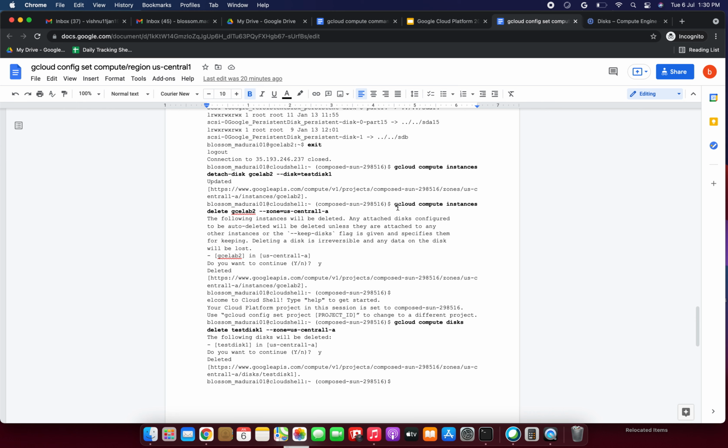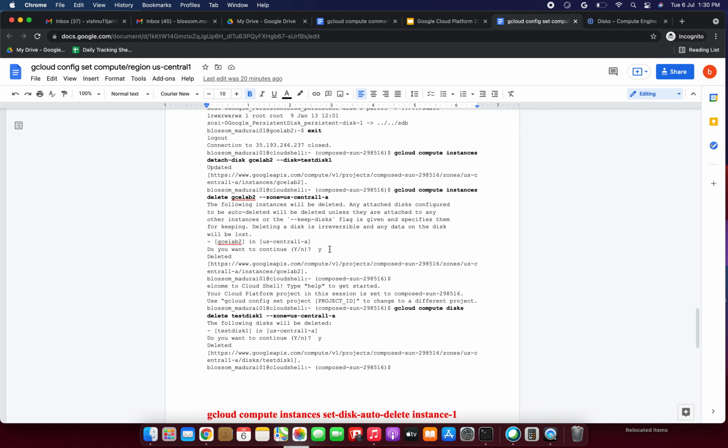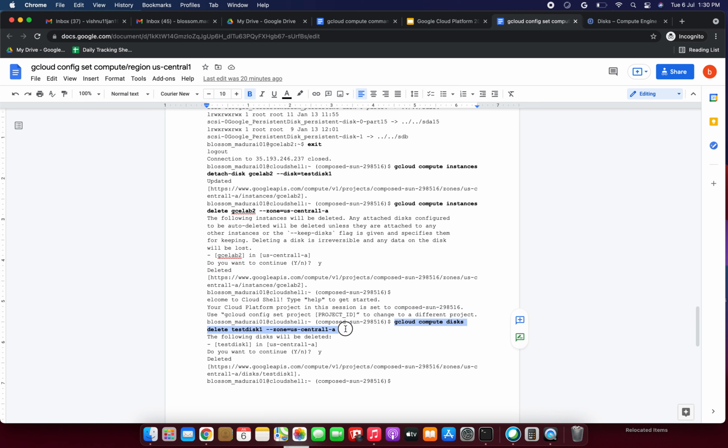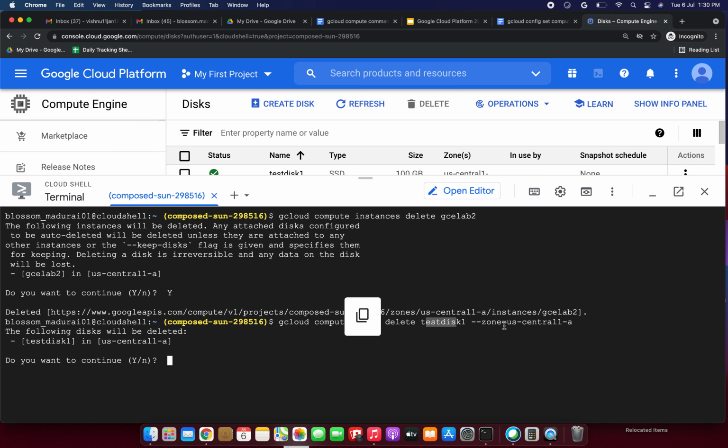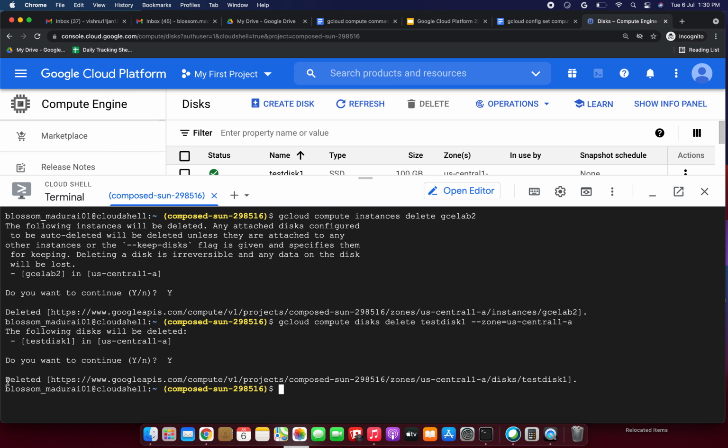Just go here and delete this one: gcloud compute disks delete, disk name, and the zone is us-central only. Then we need to give yes, because the disk is available in that zone. Now we have successfully deleted the disk also.